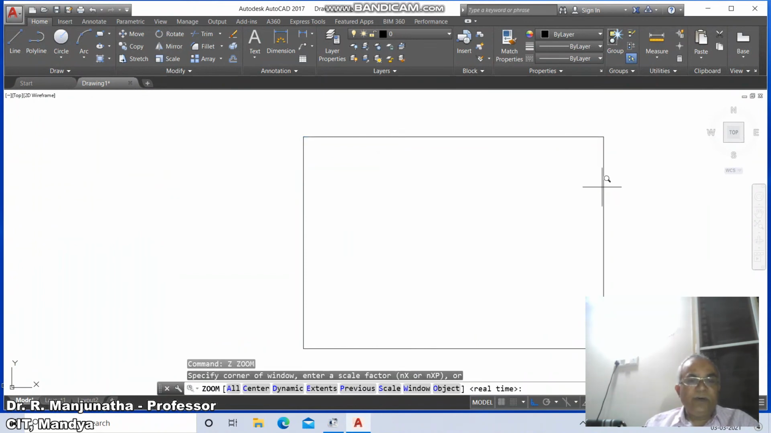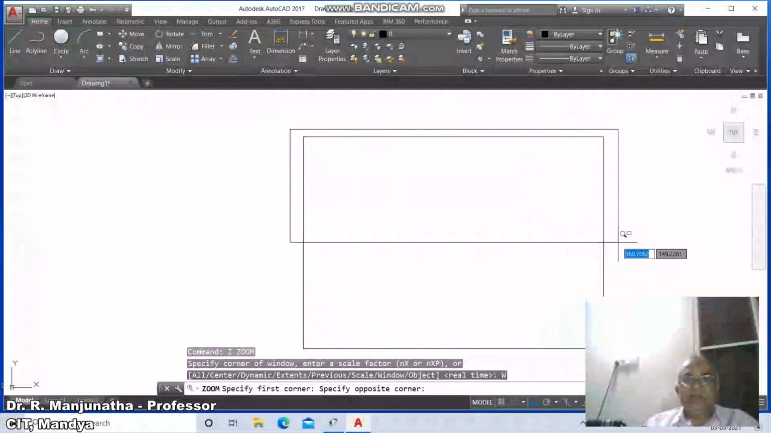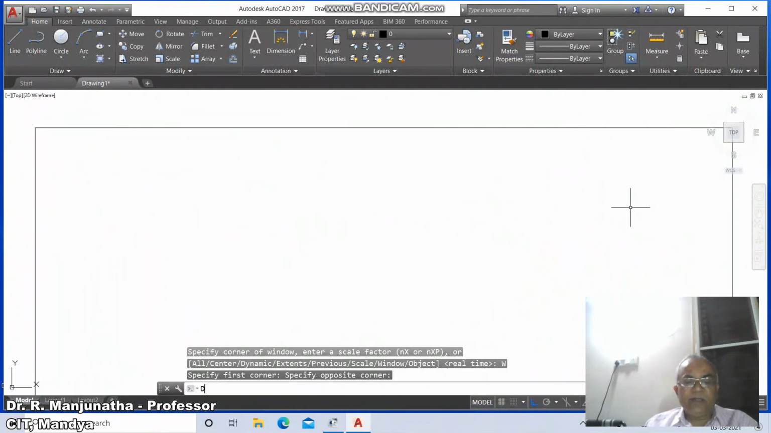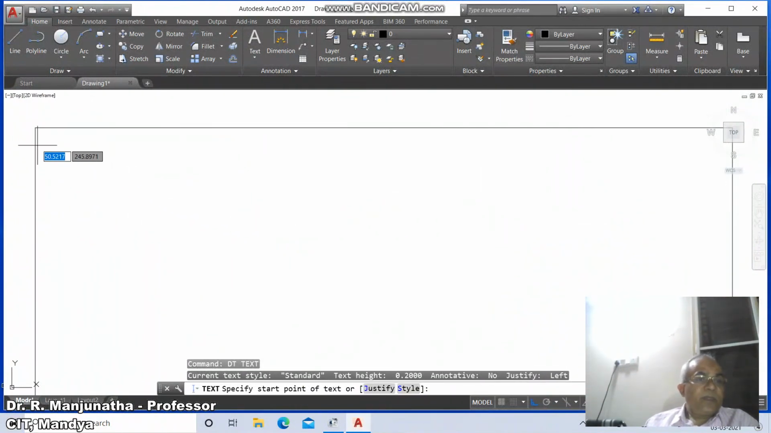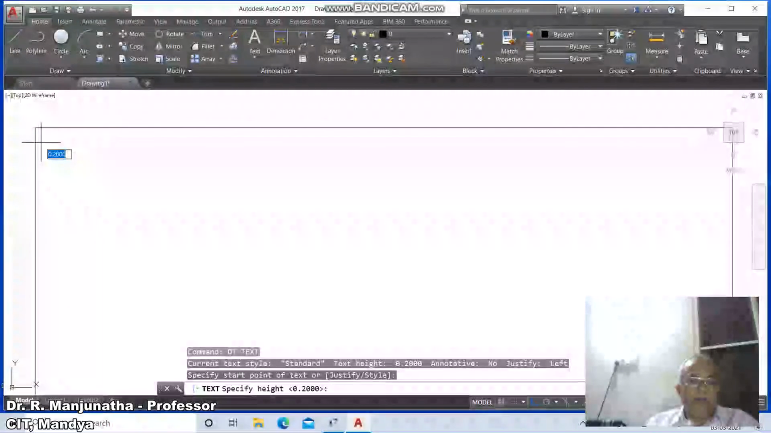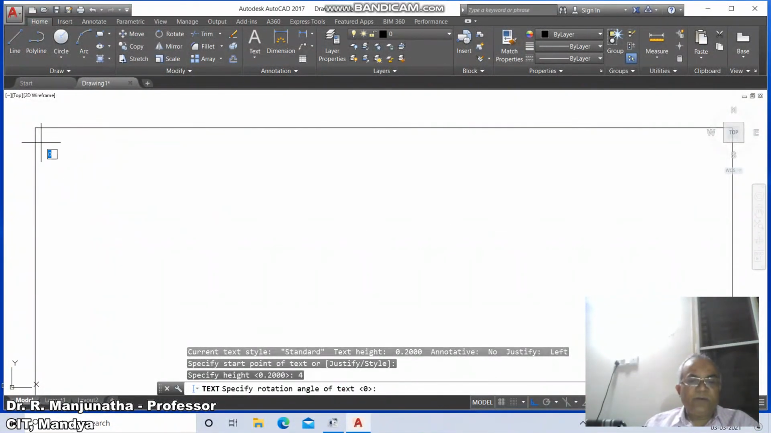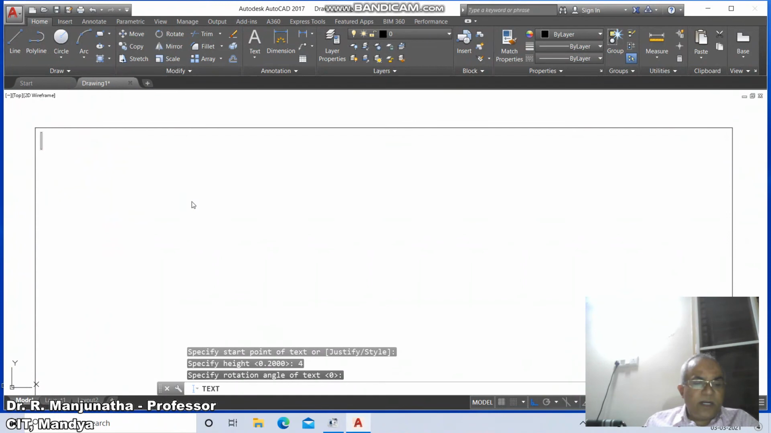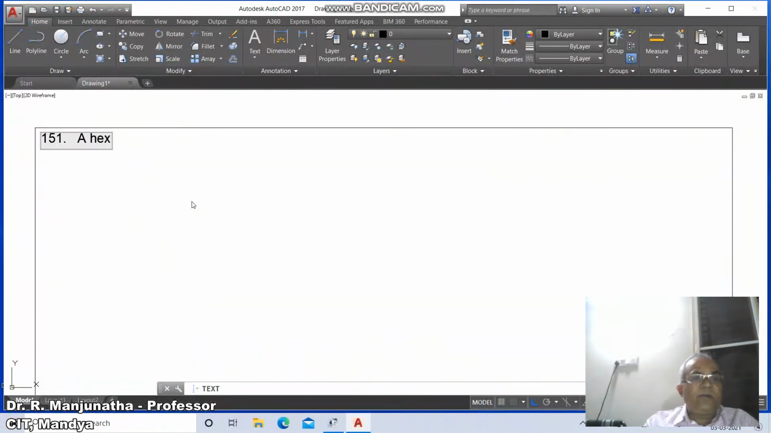Then go to zoom window, select between these, take nearer to the screen and go to dtext, specify start point, select some arbitrary point, click the first button of the mouse and take the height as 4, rotation angle as 0 and type 151,